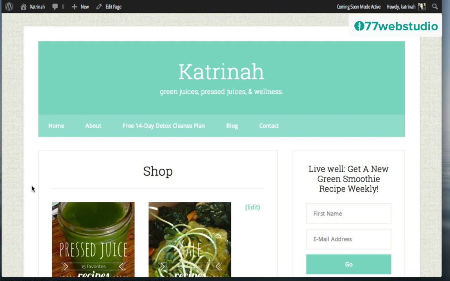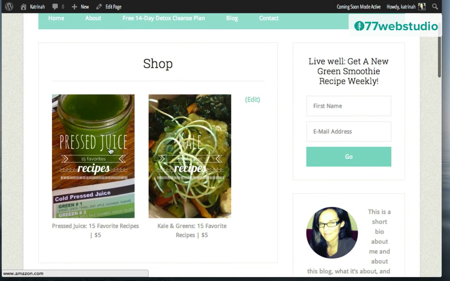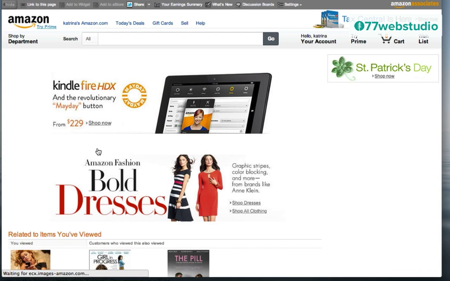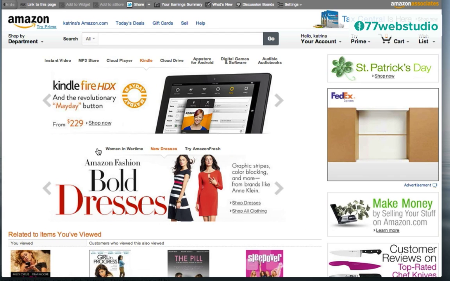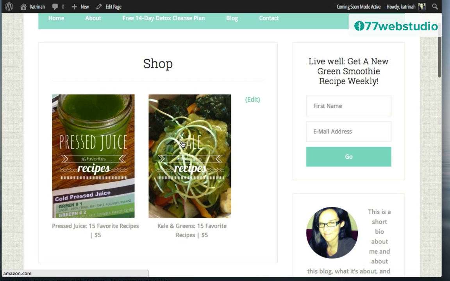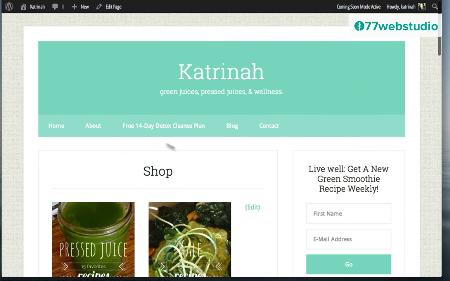And here we see that I have my shop page with my two images, and when I click on either one of these, it's going to send me to Amazon.com because that is an external link that we set up. So once again, if you had an affiliate link, that would work out really well. For the demo though, I'm just going to keep it at Amazon.com. Then I want to add this particular page to the top primary navigation bar. So let's do that now.